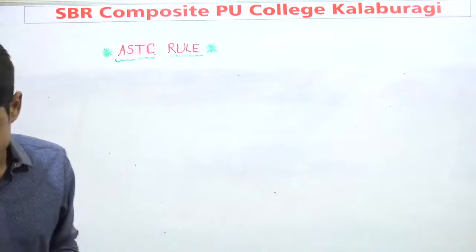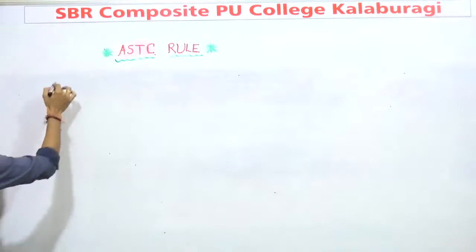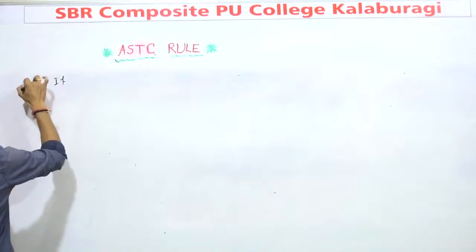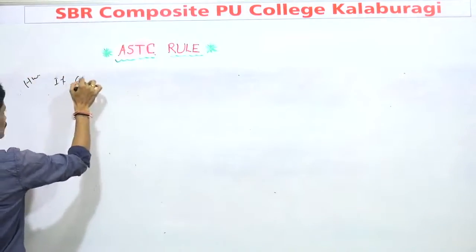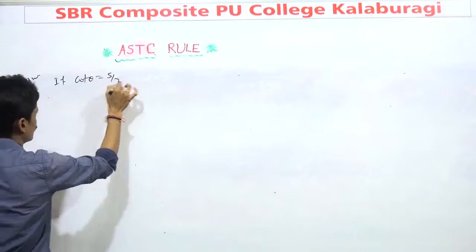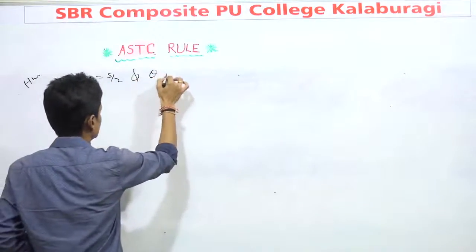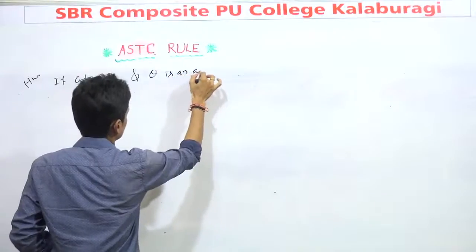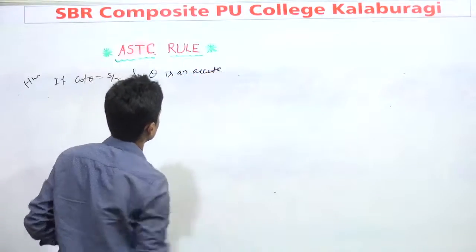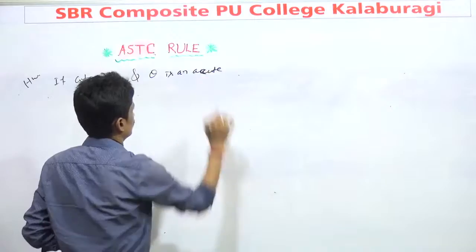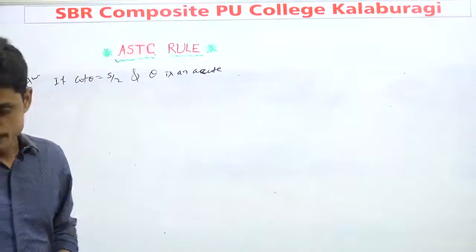They given in that question, if cot theta equal to 5 by 2. Homework problem, just try it now. If cot theta equal to 5 by 2 and theta is an acute, acute means lies in the first quadrant. Then